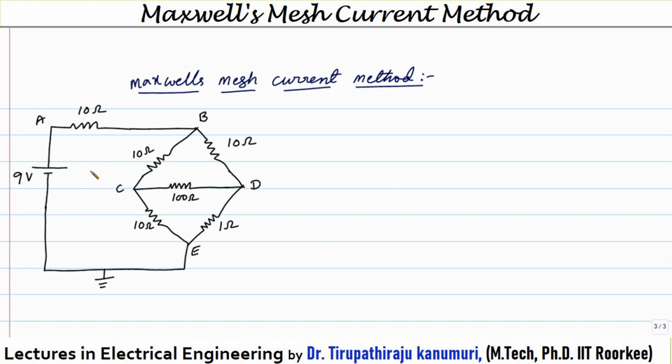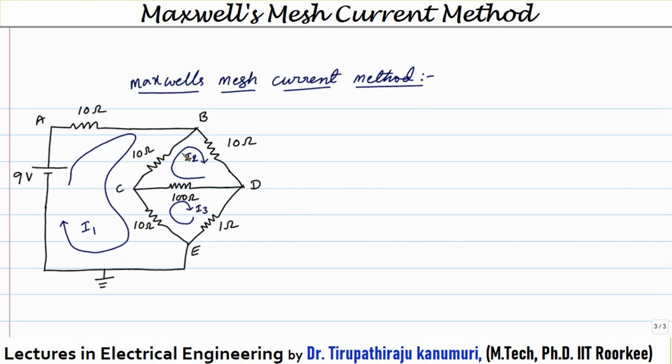We have to apply it for each mesh. So we have to select the number of meshes in such a way that each and every element of our circuit is covered, and we have to take the different meshes. For example, I am taking this one as the first mesh, because we have to assign the mesh currents accordingly. That means the first mesh goes from A to B, B to C, C to E and back to the battery. The second mesh is this one, because a mesh is the smallest possible loop. This current I am taking as I2. Similarly, in the third mesh I am taking the current as I3.